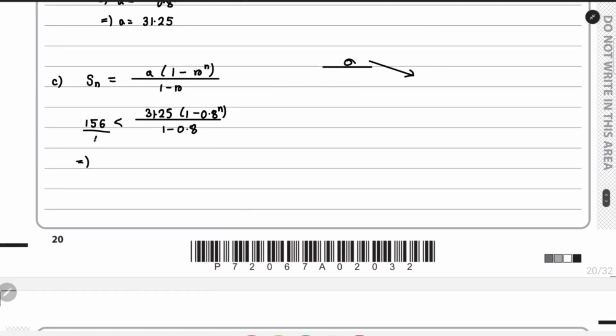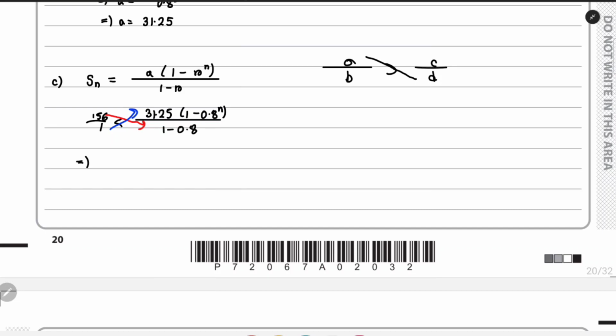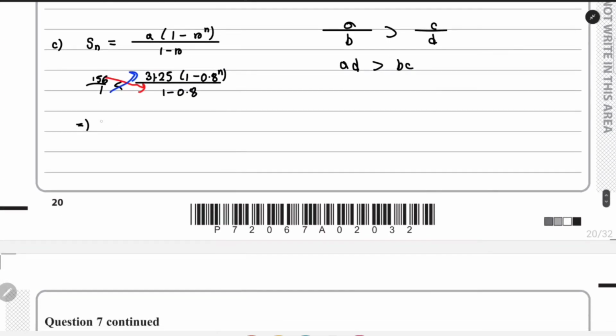So if we have a/b greater than c/d, we have this diagonal over here on the left, so AD is greater than BC. If we apply it over here, the red diagonal will be on the left, so 156 into 1 - 0.8, which is 0.2, is less than